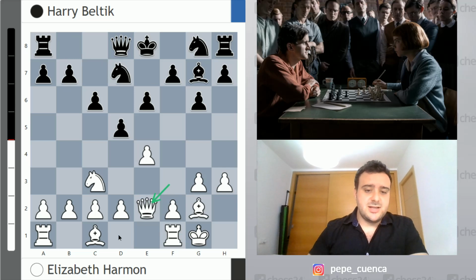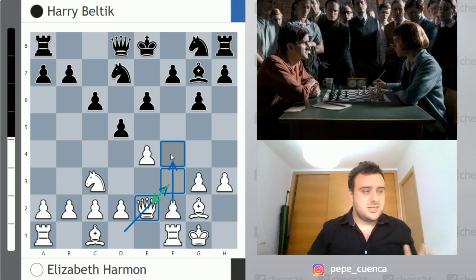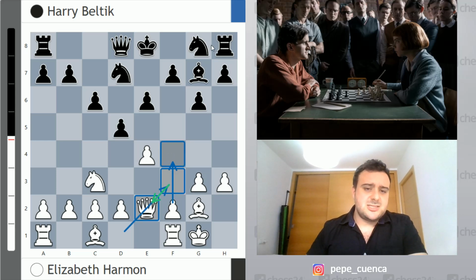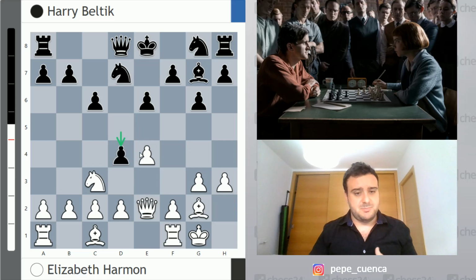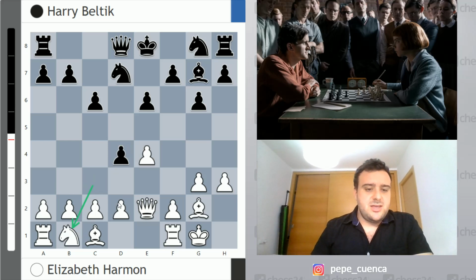The Queen already did her job, right? Going to f3, capturing that piece, and now the Queen says, you know, I'm going back, and then this pawn can be pushed in the future, right? So now d4, probably Knight e7 is a little bit more flexible to see how White continues development, because with this d4 move, it's true that you win a tempo, but you are not putting pressure on e4 anymore. So now Knight b1, this knight is going to be well placed on c4 later, for example,